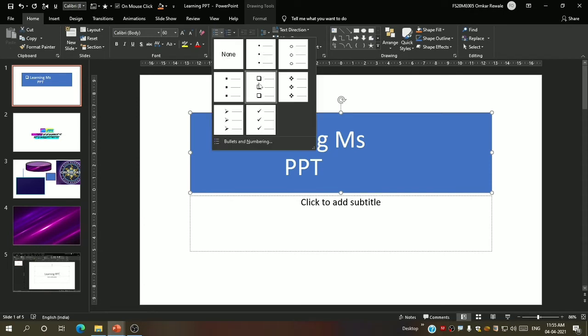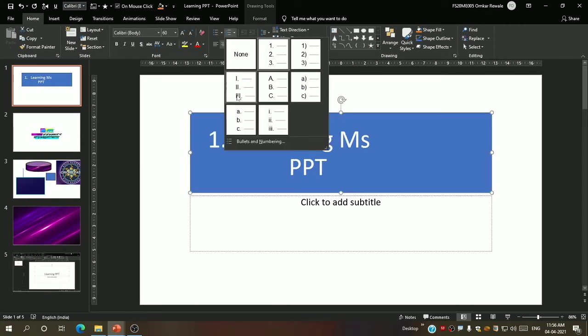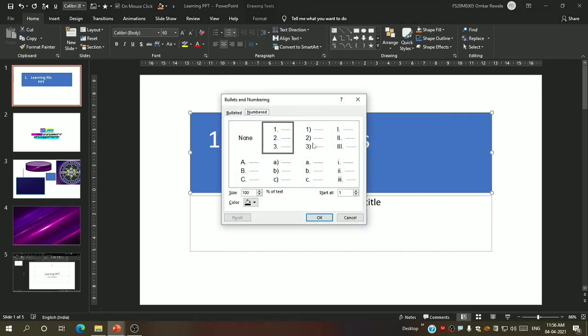We select the normal ones from above only. We don't go into this much detail. You can try that on your own also. It is much simpler, but we basically use this only. And again, this is about numbering bullets. This is all about the numbers. These options are the same, nothing different. Now we can see it asks from where we have to start. Start at 1. You can also change that to 0.